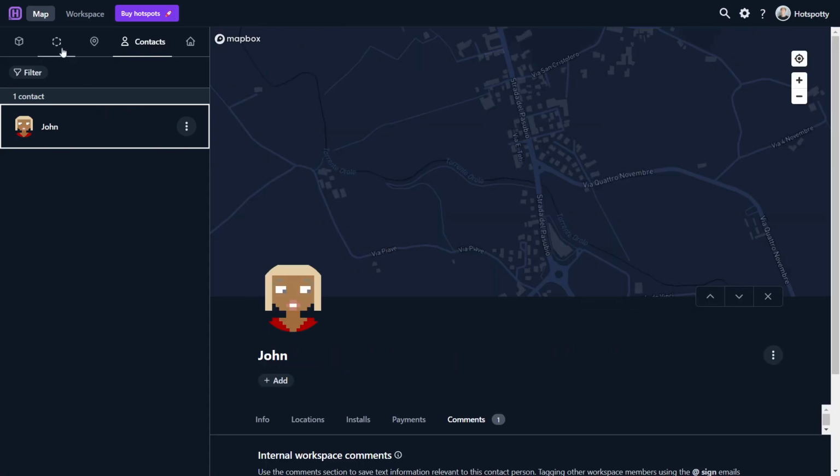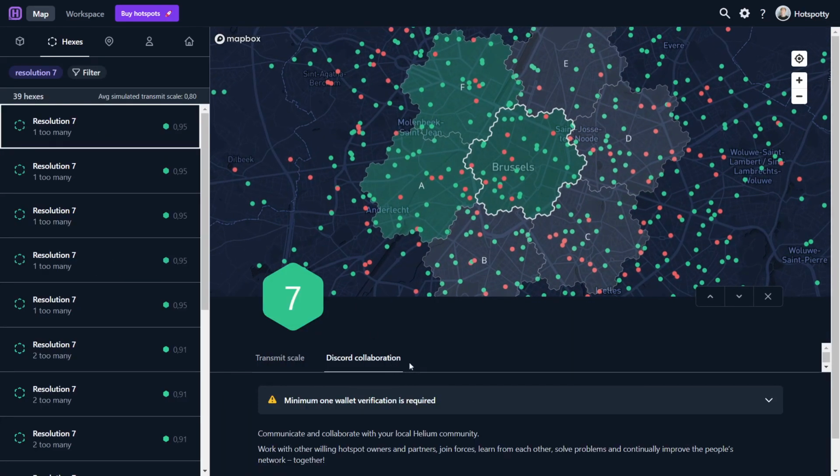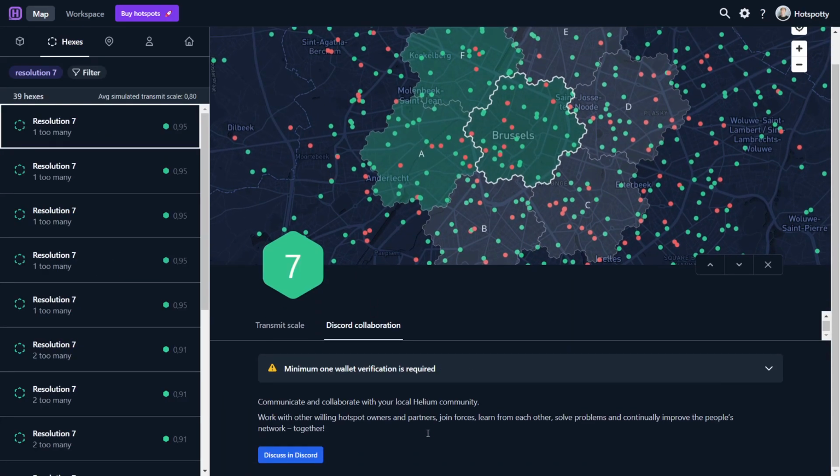Verifying your wallet also gives you the option to be automatically added to separate Discord channels for owners who have hotspots in the same or neighboring hexes. Integrated Discord regional collaboration means that at the press of a button, you can open a channel that automatically creates a group with and connects you to nearby verified wallet owners. This makes it easy for verified owners to message and collaborate with other verified owners, whose hotspots may be impacted